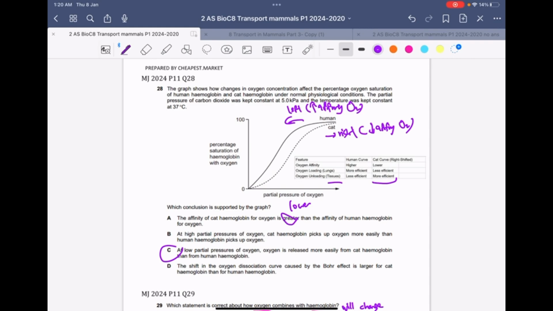So actually, they pick up the oxygen less easily because the cat hemoglobin tends to release the oxygen to the tissue. And then D. D cannot be concluded because that